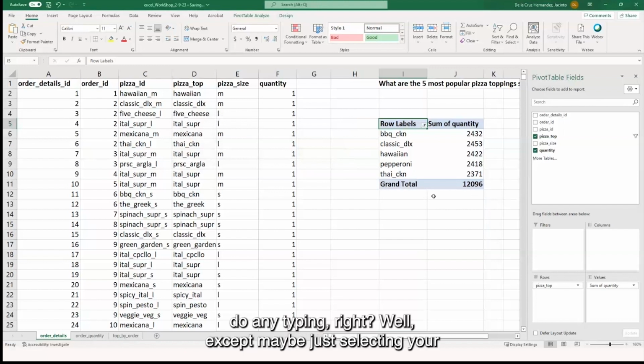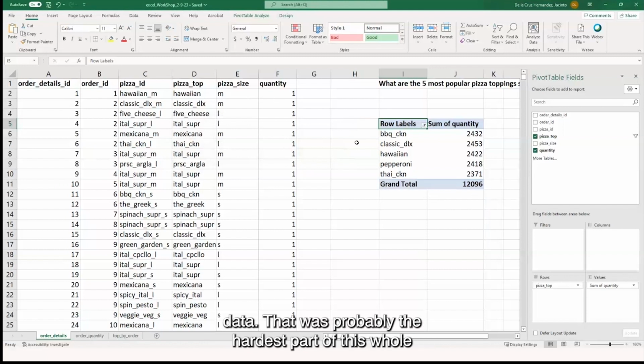All of that with just a few clicks, right? We didn't have to do any typing, right? Well, except maybe just selecting your data. That was probably the hardest part of this whole thing, right? Just highlighting all